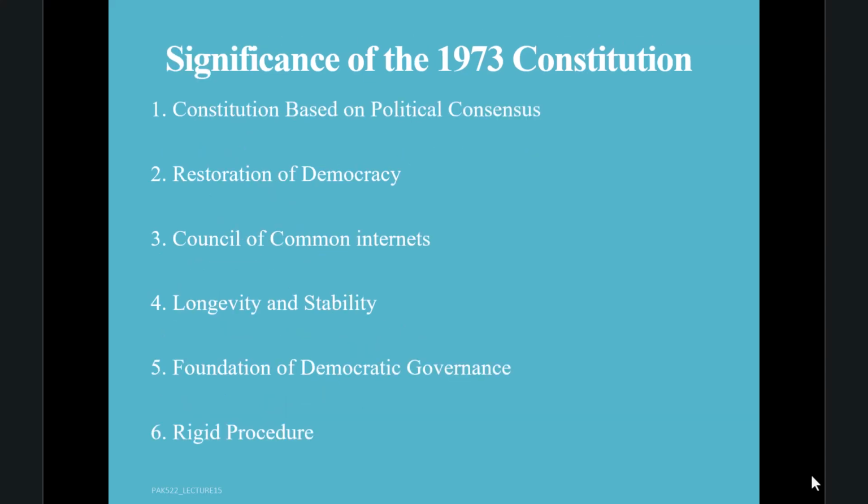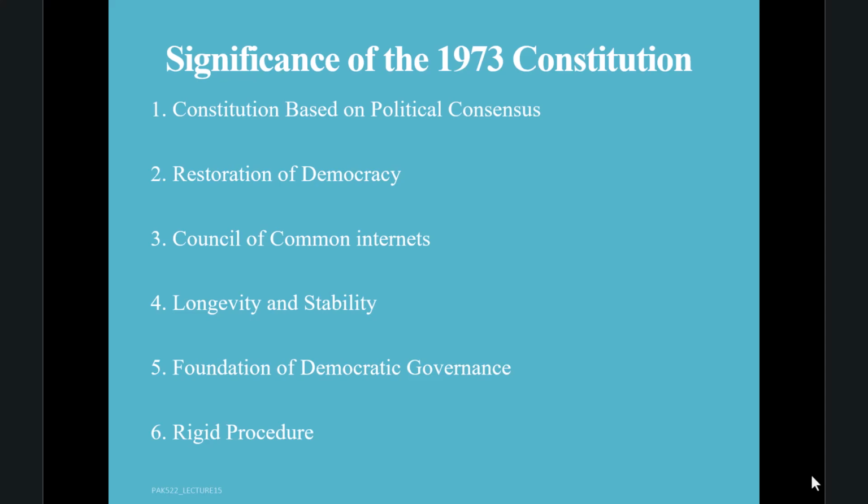Students, now we will discuss the significance of the 1973 Constitution. Number 1, the Constitution based on political consensus. One of the most important aspects is that it was adopted through national consensus. Major political parties from different regions supported the Constitution, which gave it strong legitimacy. Number 2, the restoration of democracy. After years of military rule under General Ayub Khan and General Yahya Khan, the Constitution restored parliamentary democracy and strengthened representative institutions. इसने जमहूरियत को बहाल किया था इस आईन ने।